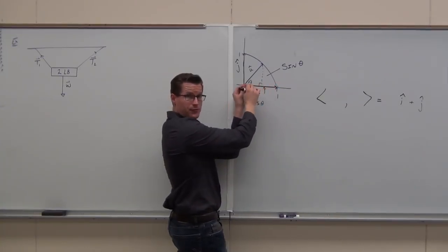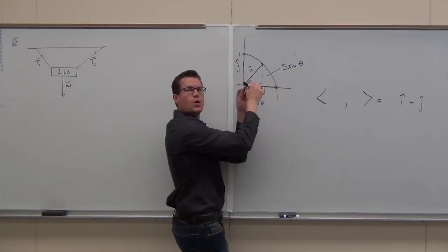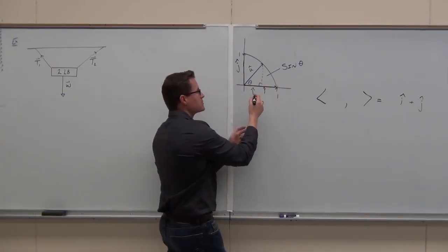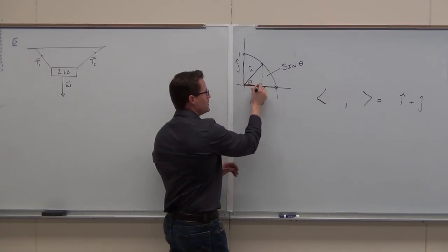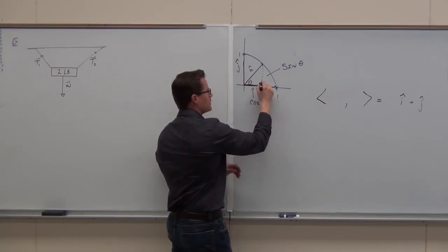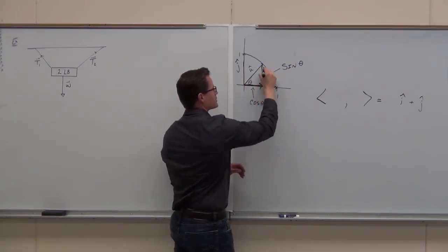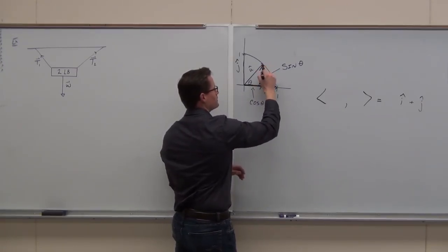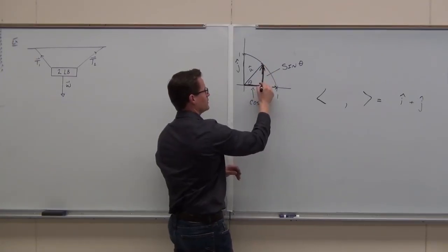Anytime you want to find a fraction of something, you multiply it. So if I want to add these vectors, if I want to do this one and this one, which we know we can,